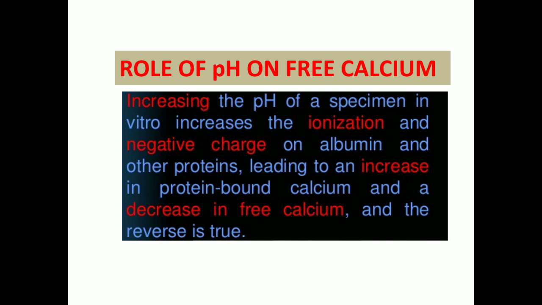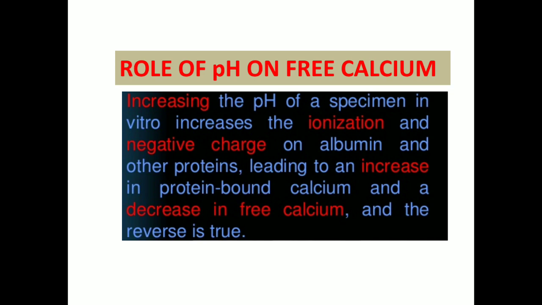The total calcium remains the same, but the bound fraction increases, because if you increase the pH, the sites where calcium could have bound, which were protonated, bound to H plus, if you make the pH more alkaline, more than 7, 8, 9, 10, the H plus will start to get released. So those sites now become negative, and more of the free calcium goes and binds there. So your free calcium level decreases. So if the pH changes, understand this, the total calcium does not change, but the free calcium fraction will decrease if the pH becomes alkaline.